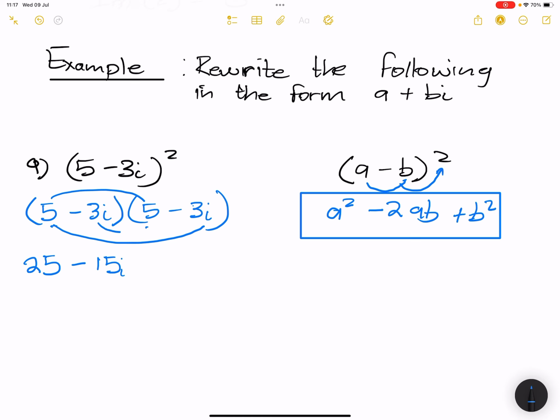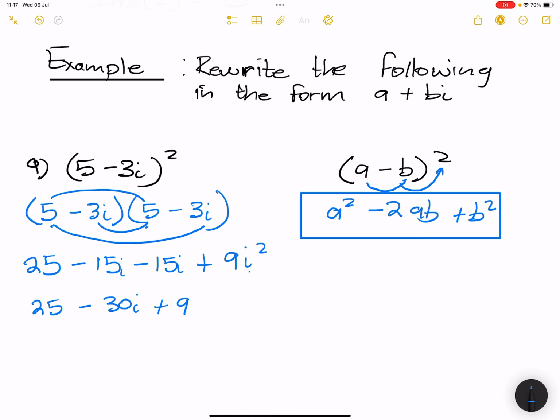Inner: negative 3 times 5, that's again negative 15i. And finally, the last terms: negative 3 times negative 3, that's plus 9i squared. To simplify this, we have 25 minus 15i minus 15i, which gives us minus 30i, and that's plus 9 times